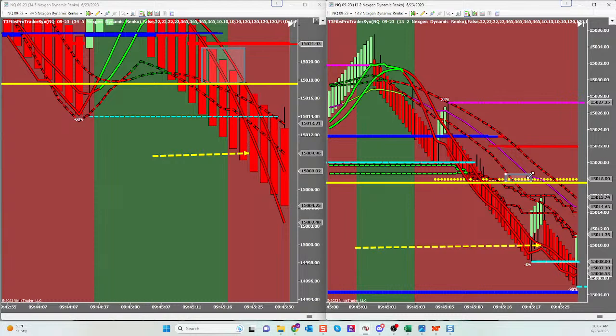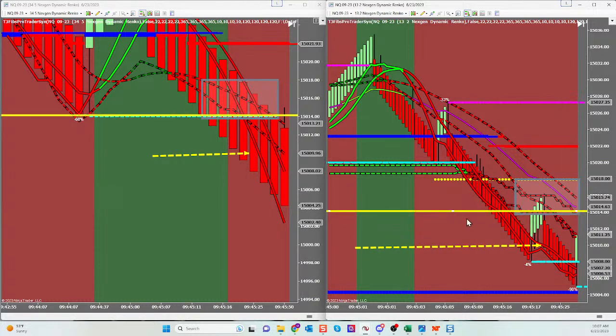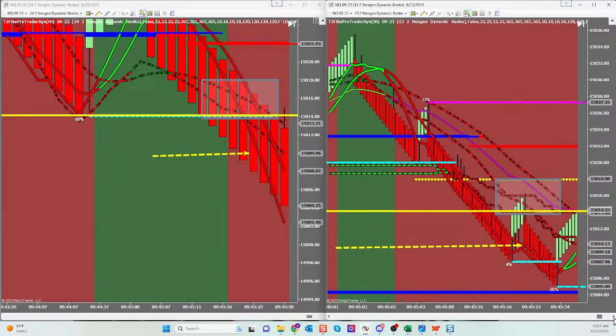So now I have a reversal bar. Is everybody with me on this? And I have a window of opportunity. And my rules are all still met. And I'm going to take a trade. And the market pulls up. And now I'm in this trade, right?